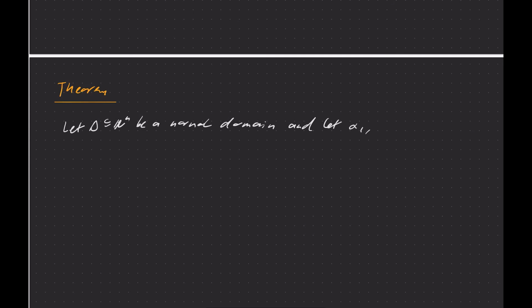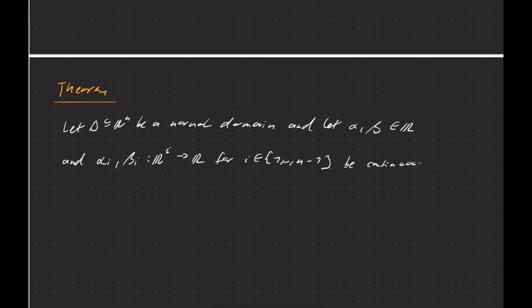So let alpha, beta be in R, and alpha i, beta i, let those be functions from R^i to R for i in 1 to n minus 1, be continuous functions that describe D,